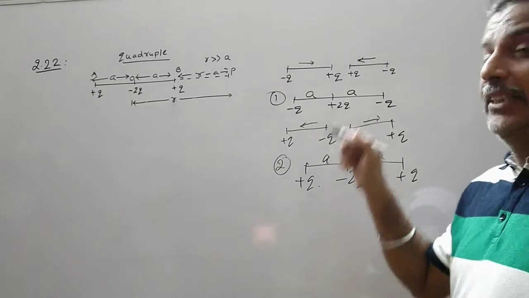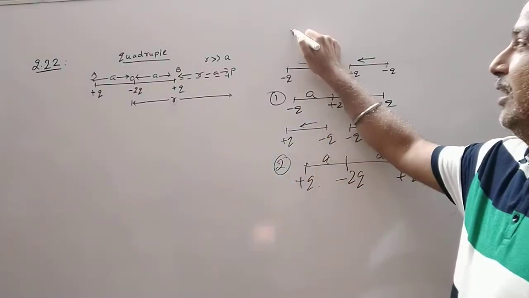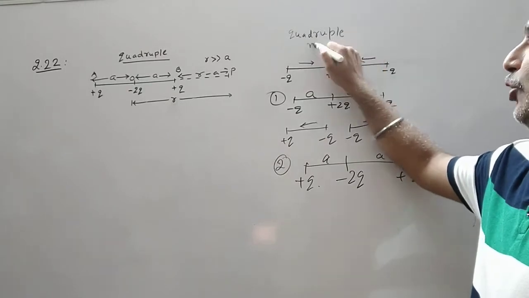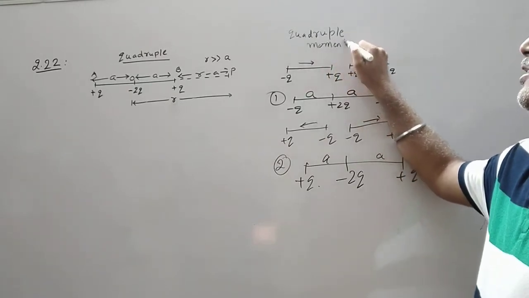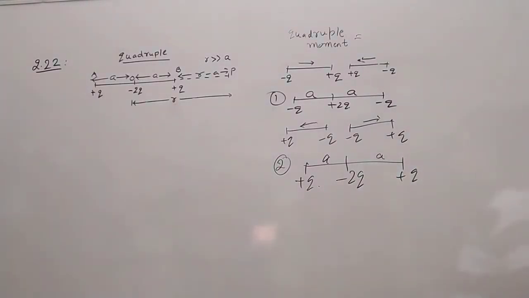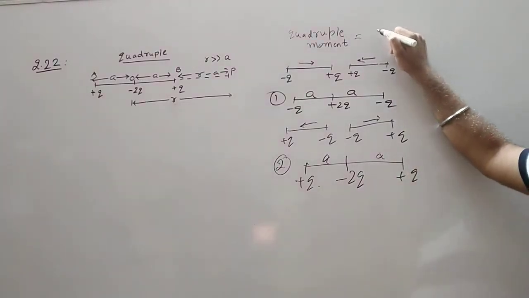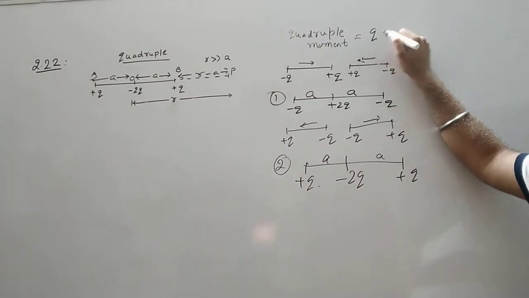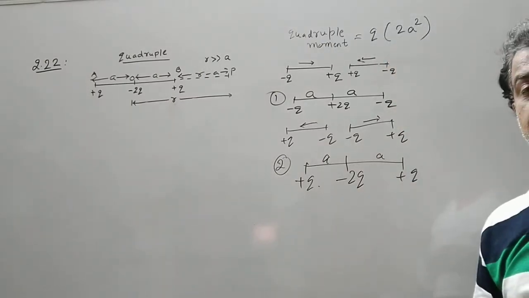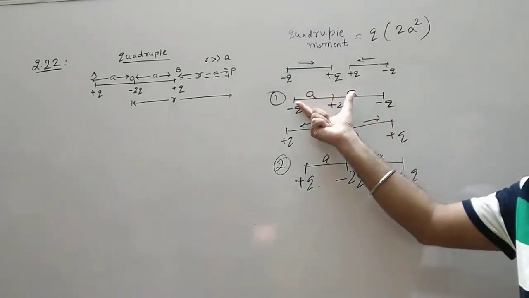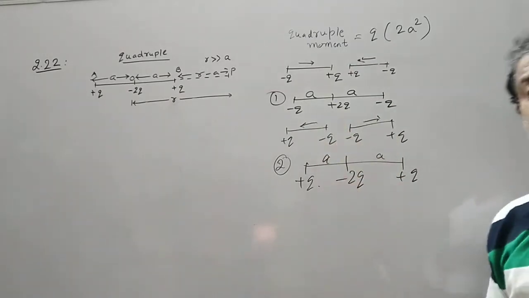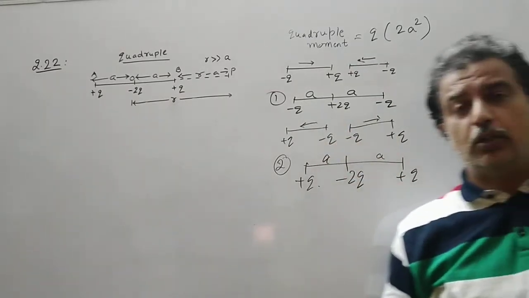Now like we have a dipole moment, there is a quantity that is called the quadrupole moment. So instead of dipole moment, if you are dealing with a quadrupole, you have a quantity which is called quadrupole moment, and it is nothing but the product q into 2a squared. So instead of the distance, here we have a, so it becomes 2a squared here. So this is known as a quadrupole moment.